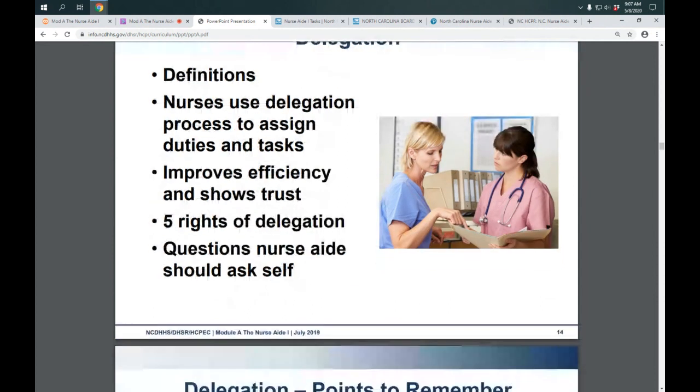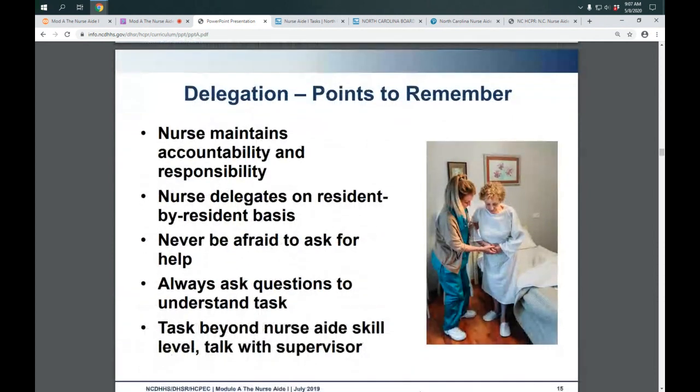And going down to the next screen, points to remember about it: the nurse maintains the accountability. The nurse, me, I maintain the accountability and responsibility. The nurse delegates on a resident by resident basis. Never be afraid to ask for help. Oh, please never be afraid to ask for help, and always ask questions to understand the task. If you don't understand what I'm doing, don't feel like you're going to be stupid. As far as I'm concerned, there aren't any stupid questions. There really aren't. If you don't know, you should ask. And for a task beyond the nurse aide skill level, talk with the